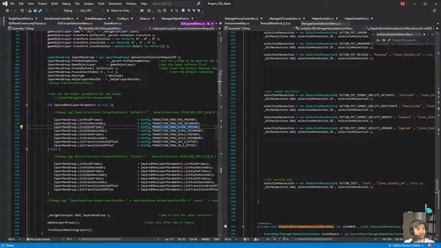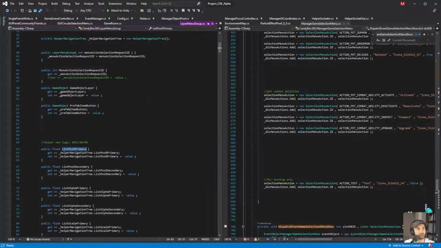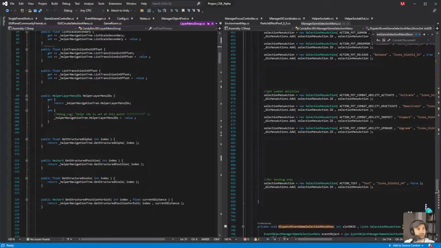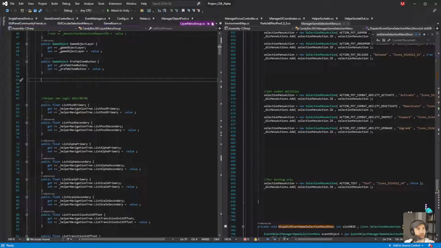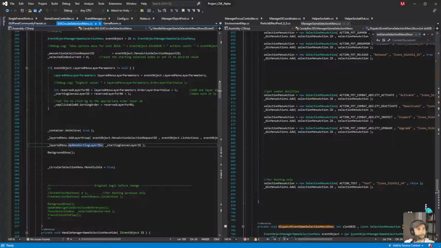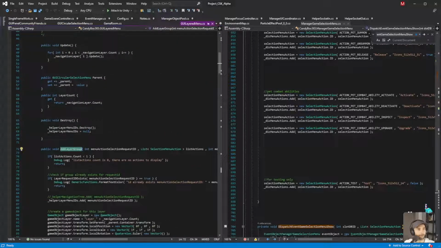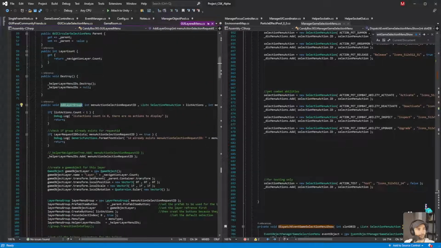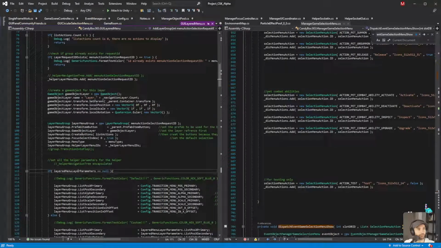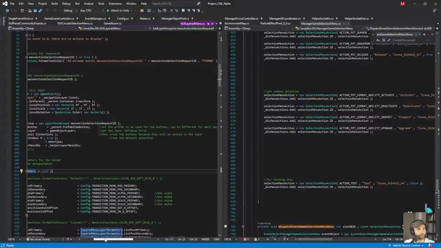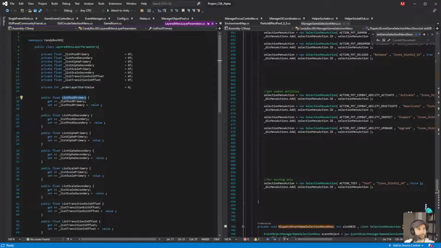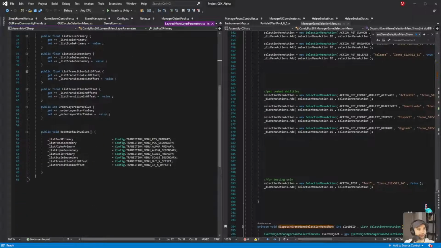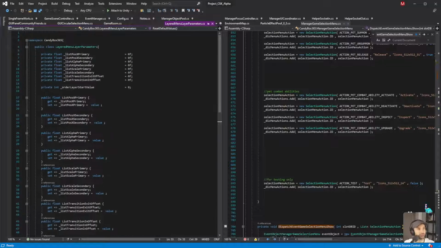I shouldn't be doing this. Should just be calling that one function. Yeah, so this function right here should be just calling that.